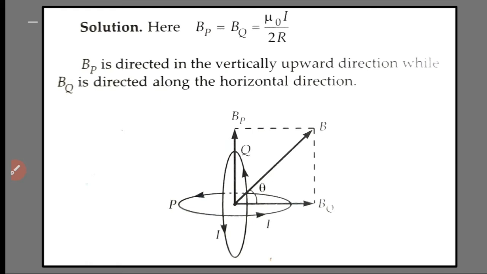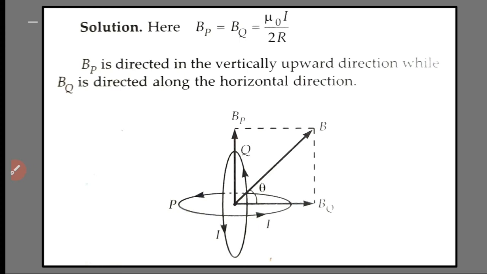Okay, you know the two coils are identical and the currents flowing through them are the same. With respect to the loop, we are finding the magnetic field at the center. So the expression for magnetic field is mu 0 I by 2R. Then, substituting, you have to find the resultant. Here BP and BQ are perpendicular to each other, so by using the parallelogram law of vector addition, which we studied last year, theta becomes 90 degrees.